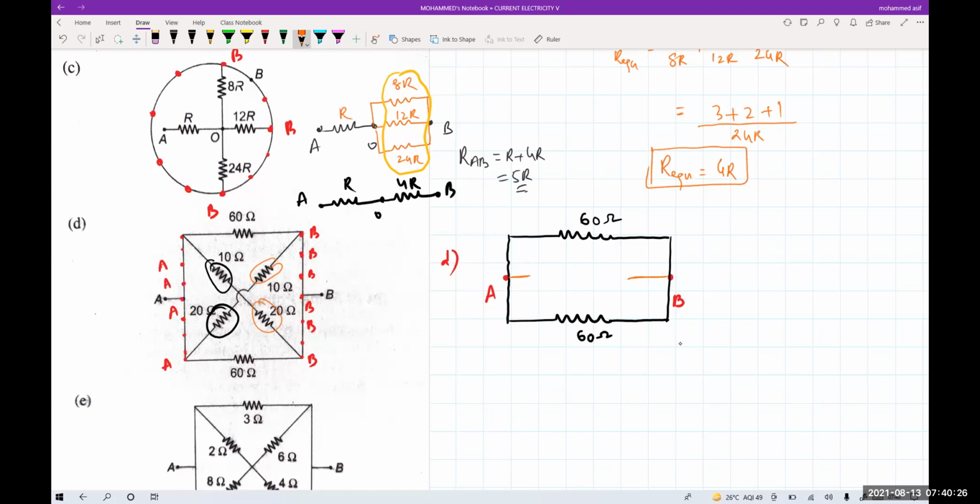Okay. That means 10 and 20. So I can draw something like this. There is one resistance like this, there is one resistance. This is 10 ohms, and this one is your 20 ohms, connected to B like this. Any problem? Lower point. This is one resistance and this is one resistance. This is 10 ohms and this is 20 ohms. Clear? See, this one and this one are connected by one single wire.